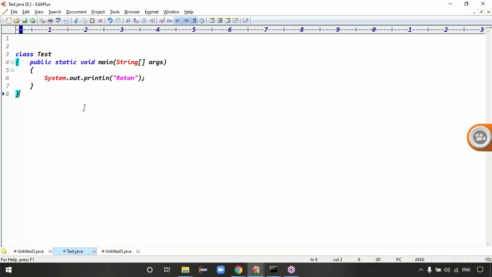Guys, token is not a Java concept. Token is nothing but just a word. The smallest individual part of the application is called token. This word is called one token, guys. This is called one token. Brace is one token. Dot is one token. Semicolon is one token. The smallest individual part of the application. Every word in the application is called a token, right?